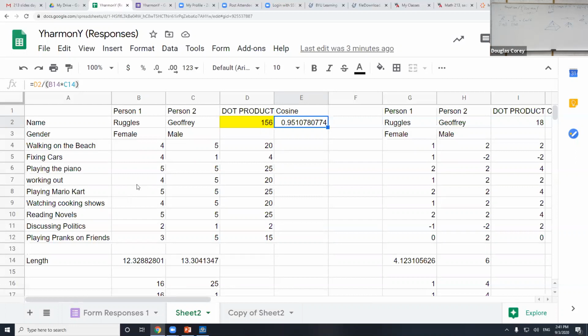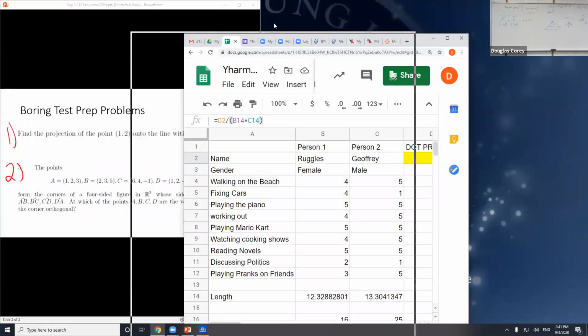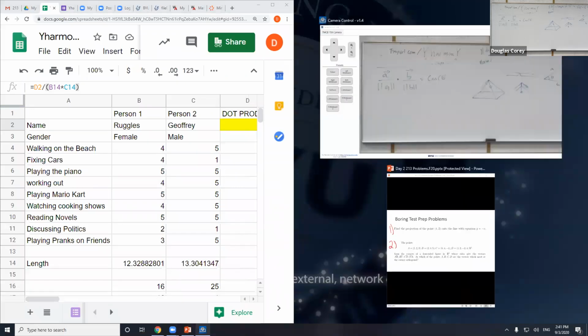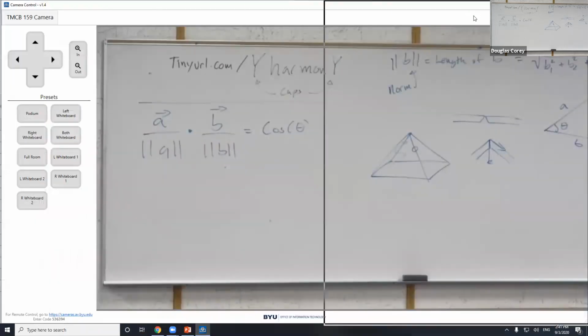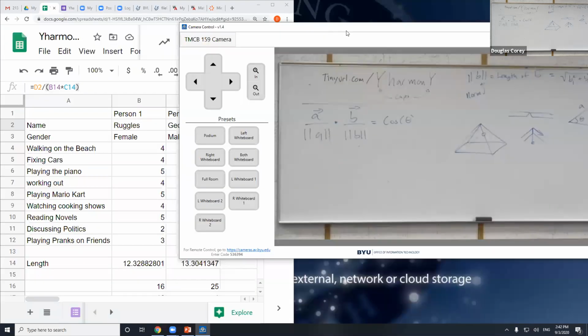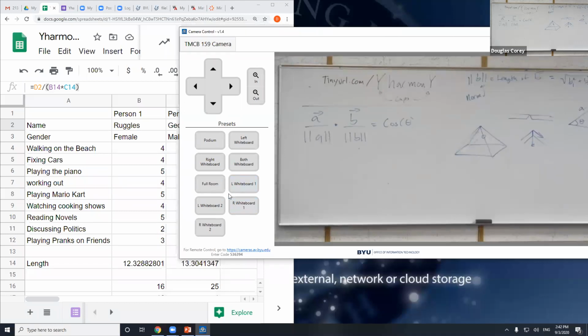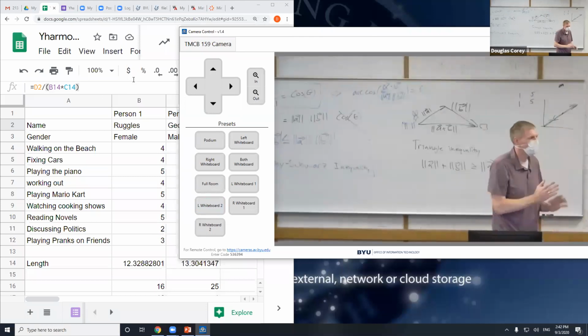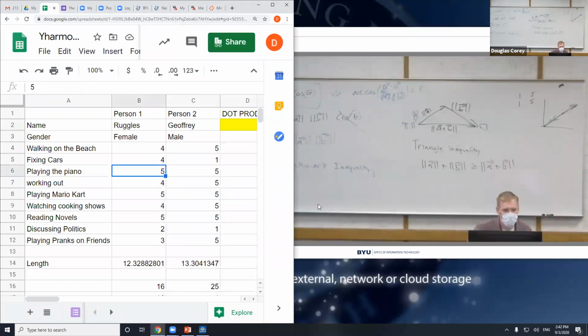Let's just think, if we only had two variables, and someone wrote down 1, 1, and someone else did 5, 5. The vectors look like this, right? And they would come out as a perfect match, when really they should be opposites, because really the center should be here, and we should have that going this way and this going this way. So we should change the scale to make sure that we're not getting a higher level of agreement than we really are. So that's what we did over here.